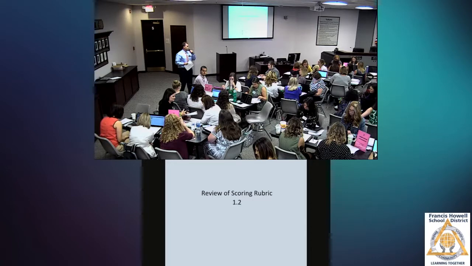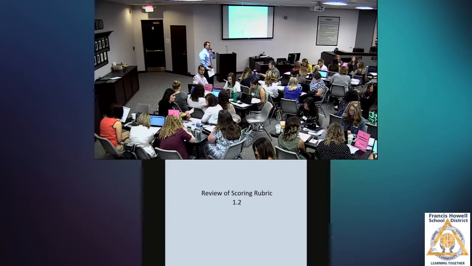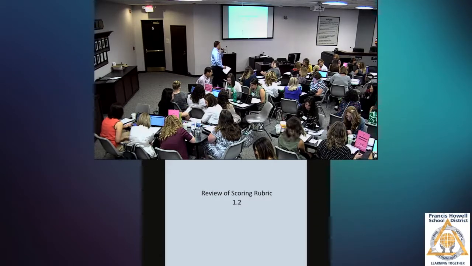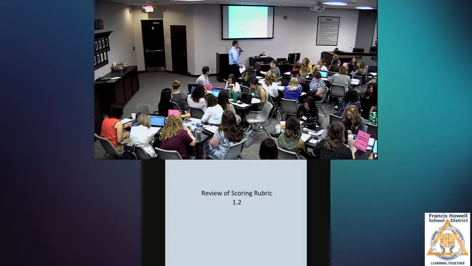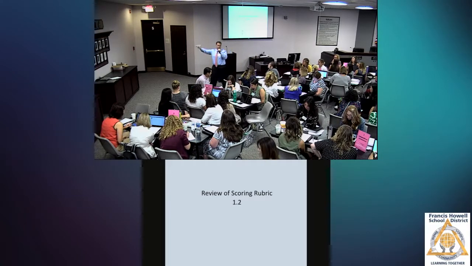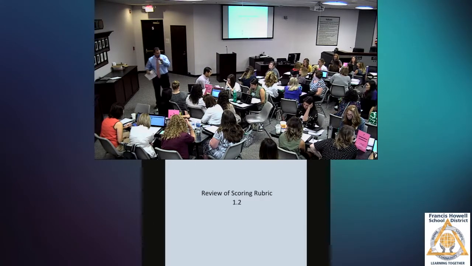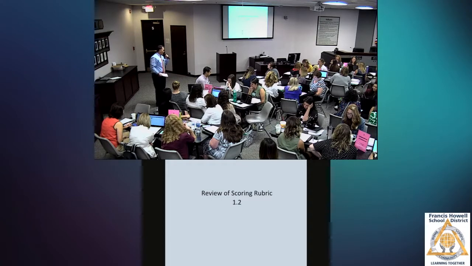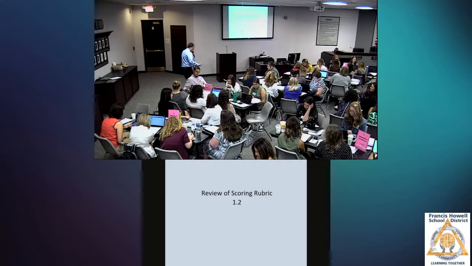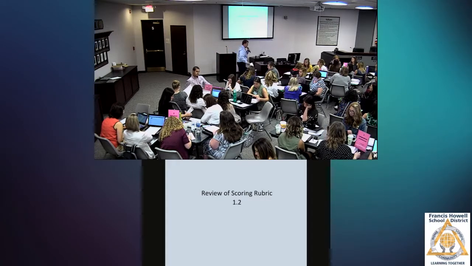And I tried to include some videos from different levels, because one of the other things I always hear is, oh, that's a high school level. I'm a first grade teacher. My situation is very different, or vice versa. I'm a first grade teacher. Oh, those high school people, they can't manipulate 23 6-year-olds at one time like I can. So we'll give you a variety of experiences so that you can kind of take a look at what that score looks like. If you would, we're going to start out on the 1.2 side.